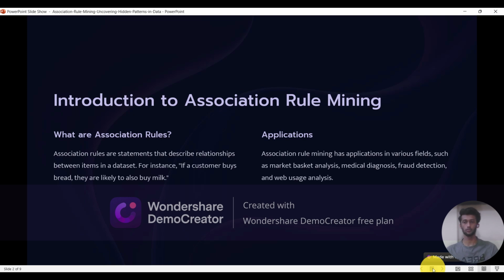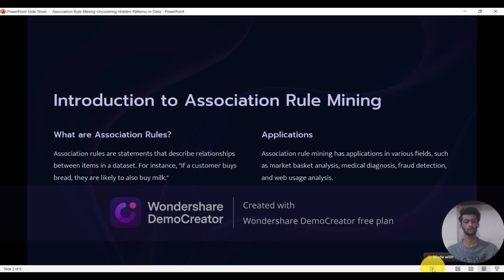What are association rules? Association rules are statements that describe relationships between the items in the datasets. For instance, if a customer buys bread, they are likely to also buy milk. Application: association rule mining has applications in various fields such as market basket analysis, medical diagnosis, fraud detection, and